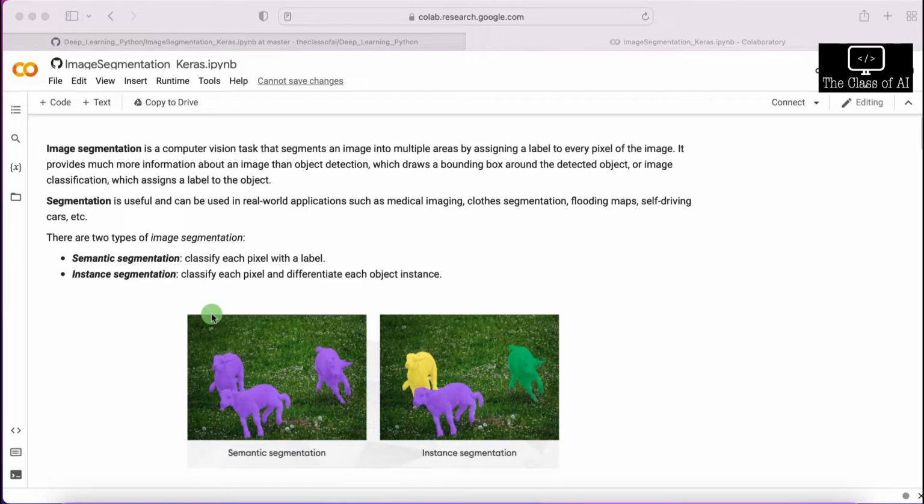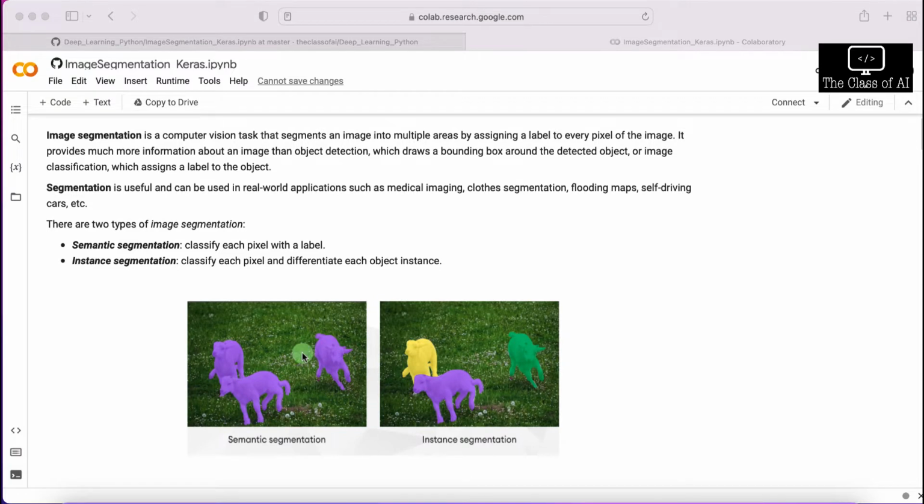There are two different types of image segmentation. The first one is called semantic segmentation, and the second is called instance segmentation. In semantic segmentation, we classify each pixel with a label. You can see there are three Billies, and all three are identified by the image segmentation task. It belongs to semantic segmentation because all three Billies are colored with the same color. So we are not trying to count the objects, we are trying to identify which are Billies and what